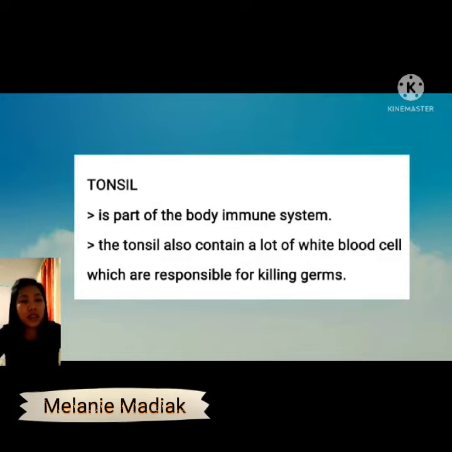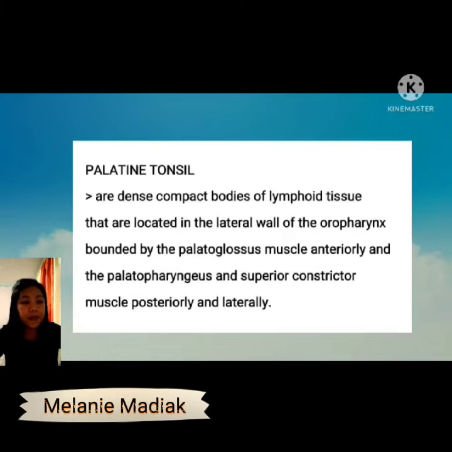Next is tonsil. Tonsils are part of the body's immune system because of their location at the throat palate. They can stop germs entering the body through the mouth or the nose. The tonsils also contain a lot of white blood cells which are responsible for killing germs. Next is palatine tonsil. Palatine tonsils are dense, compact bodies of lymphoid tissue that are located in the lateral wall